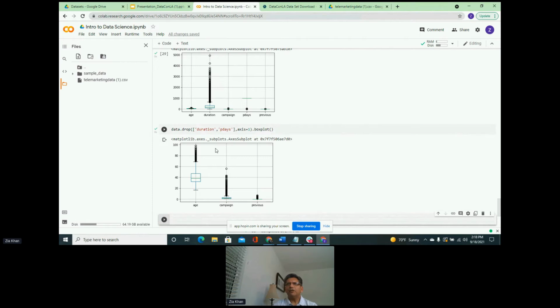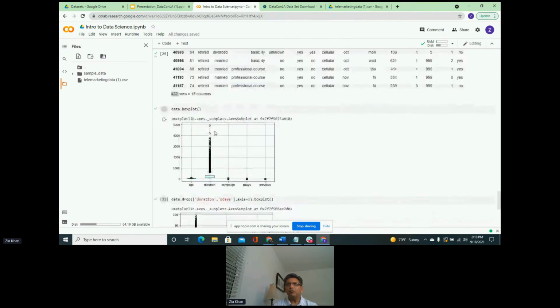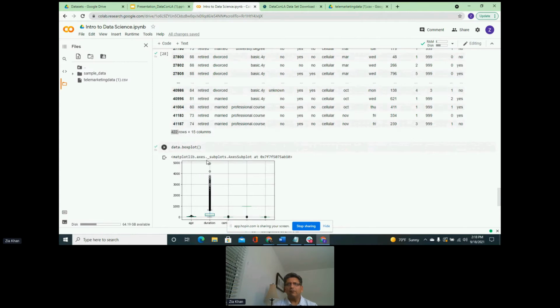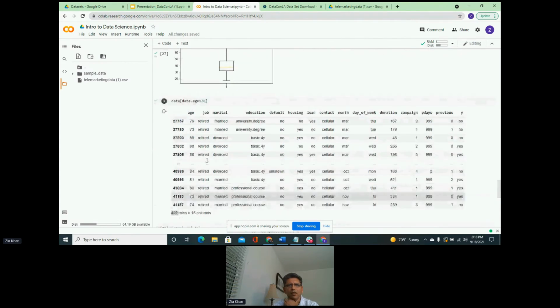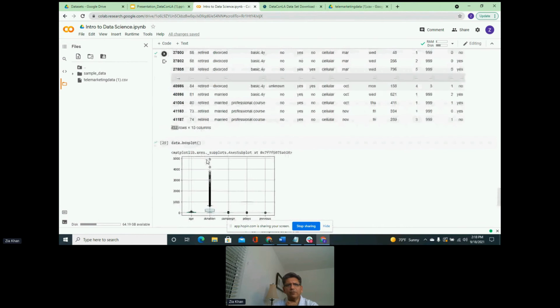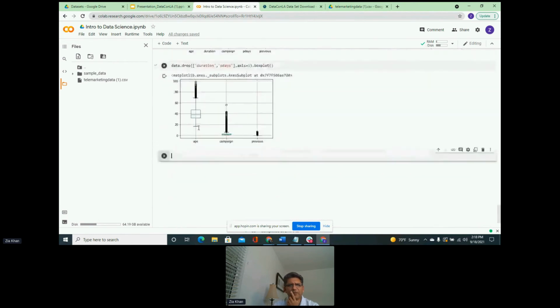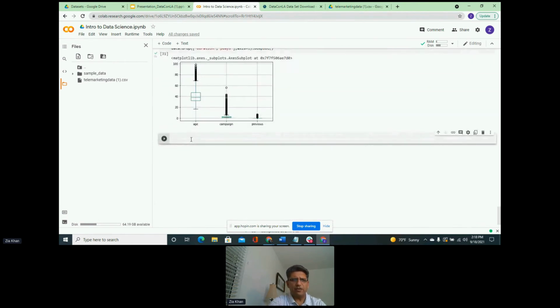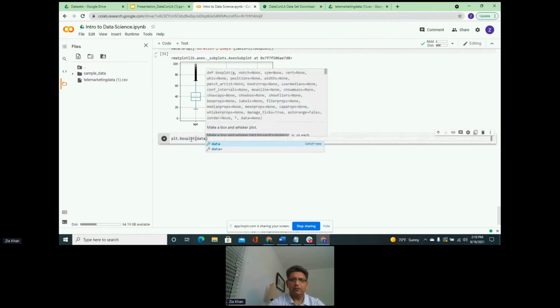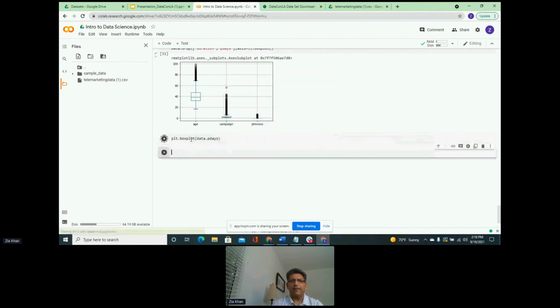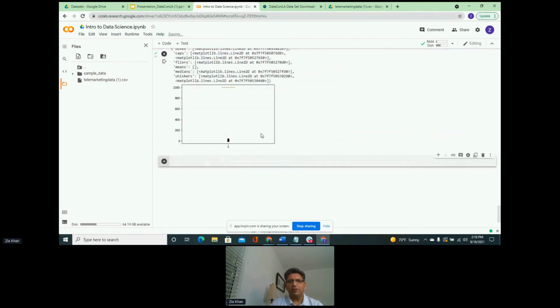Now I just wanted to give you a little bit more. We had this column earlier, and I wanted to see if we can build a box plot here just for P days. So I can go plt dot boxplot, and I can go data.pdays. This will give us a box plot for P days.